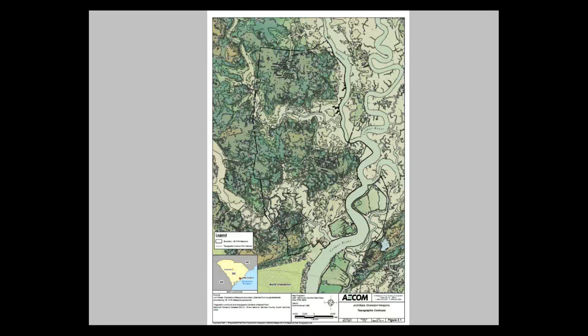But this topo map shows kind of how the base, you can see the black is the outline of the base, black lines here. So there's a piece of it that's south of the Goose Creek. There's an extensive piece that's south of this creek to the north, which is Foster Creek, and a pretty big chunk that's north of that.